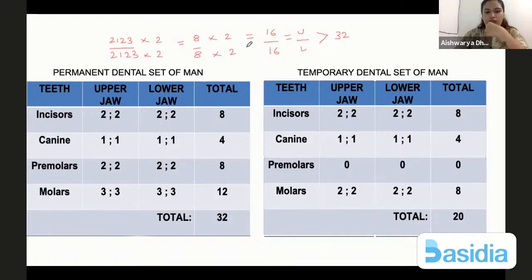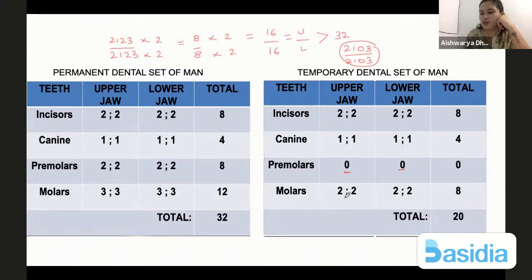All right. So we are diphyodont in nature. So you have a temporary set of teeth. Now in the temporary set of teeth, premolars are absent. So here, if you have to find out the dental formula, it would be 2, 1, no premolar, 0, 3. 2, 1, 0, 3. Do you think this is correct? 2, 1, 0, 3, 2, 1, 0, 3.